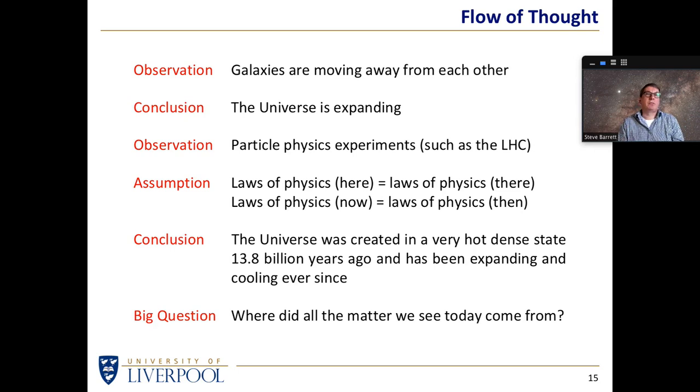But the big question is, right, the universe is full of stuff. We look out there, and within the observable universe, we're not sure if the universe is infinite or not, but we can see a certain part of the universe. So let's just talk about the observable universe. Everything that's within something like 100 billion light years diameter, a large sphere of that sort of diameter, everything that we see in that sphere, all of the superclusters of galaxies, all the stars, all the dust, all the gas, all the planets, everything, where did all of that stuff come from? That's the question we're trying to answer.